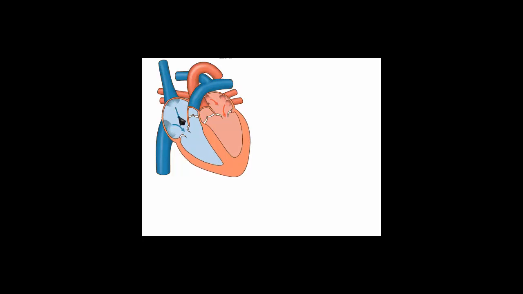Now let us understand the mechanism of the flow of the deoxygenated blood. When the right atrium is relaxing, the blood is flowing to the right atrium. When this right atrium is contracting, the blood is flowing to the right ventricle. When this right ventricle is contracting, the blood is flowing to the lungs. There are two pipes, these connect to the lungs, and hence this process continues. This animation explains the flow of the blood.